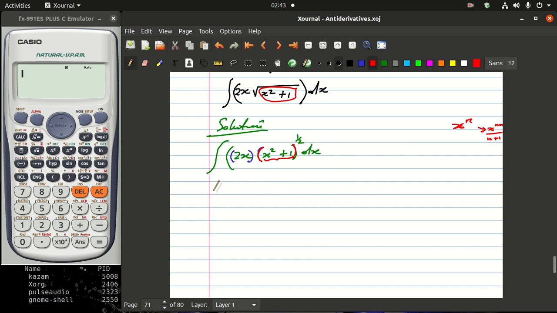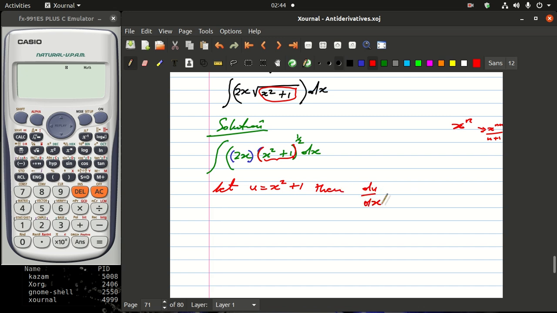So we let our u be this function that is sitting inside, because you can see that I can deal with the root if this was x. I was going to be able to solve this right away. So this is the problem, this part here is the one that I let be u. So I will have, let u be x squared plus 1. Then